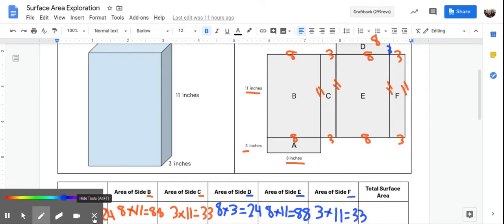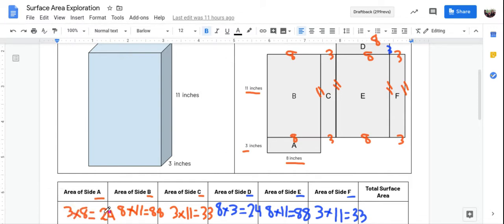If you notice, now all of my numbers, I have a 3 times 8, which is 24. I also have another 8 times 3, which is 24. I have an 8 times 11, which is 88, and another 8 times 11, which is 88. And I have a 3 times 11, which is 33, and another 3 times 11, which is 33. I have 2 of each of my sides because when I unfold my rectangular prism, I will have 2 of